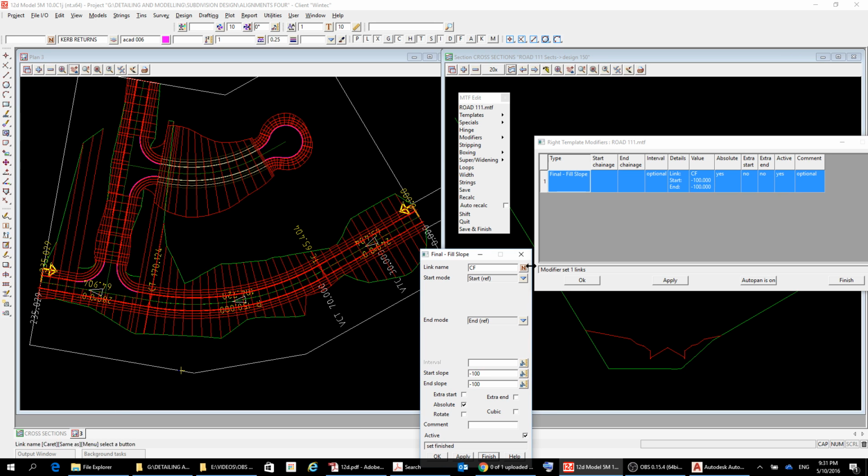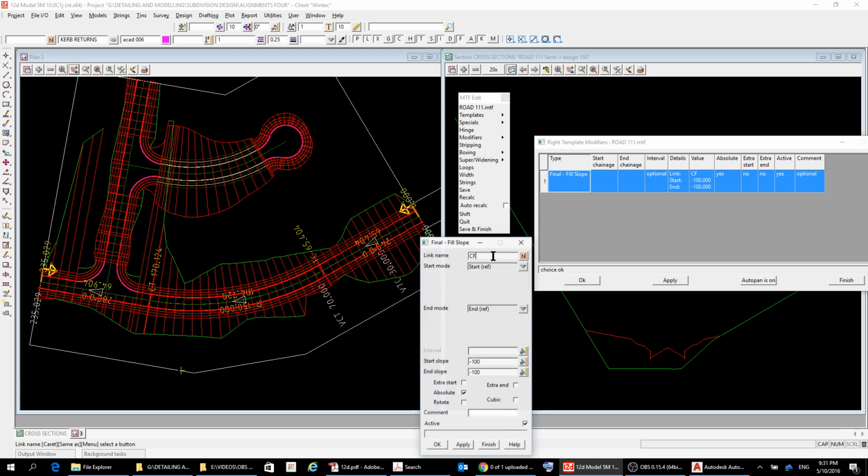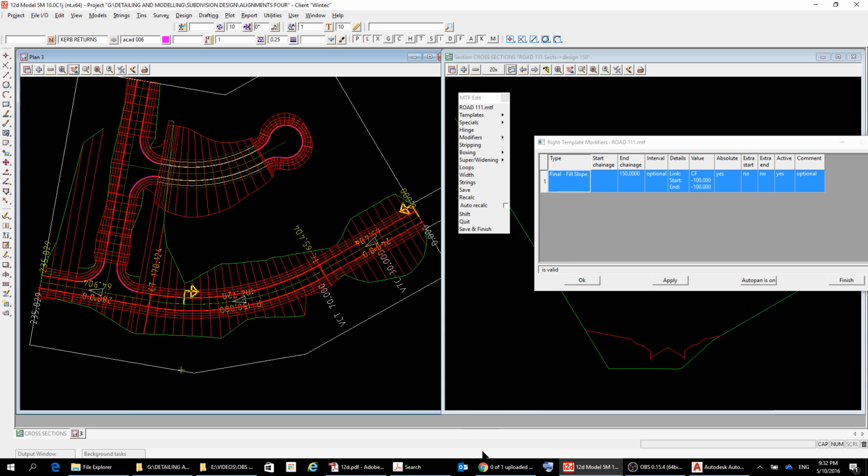And what I'm going to do here is just double click on here, and I'm just going to have the start chainage, and then the end one, I'm just going to click on that there, type in 150, and go okay, like that. And then I'll just show you what that does. Just go apply,